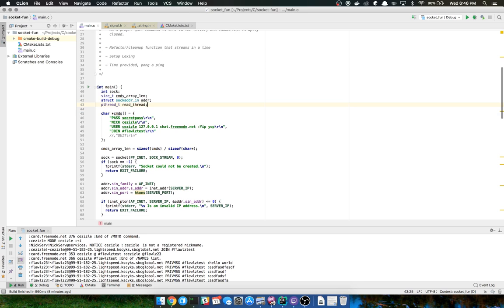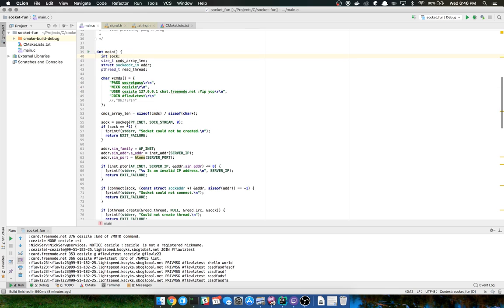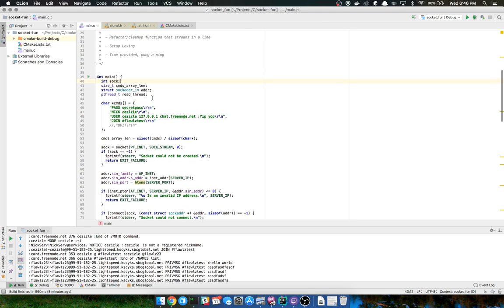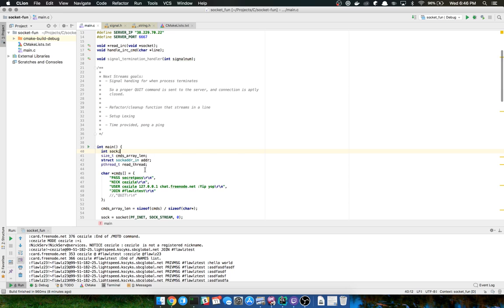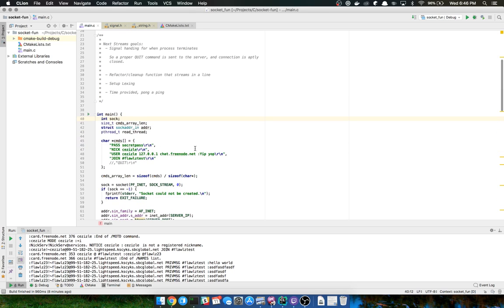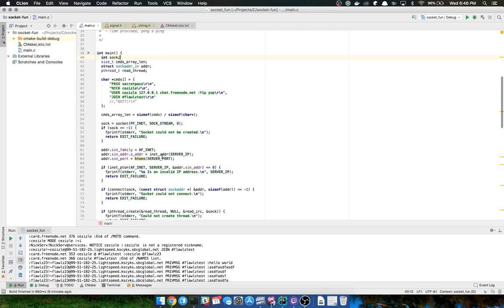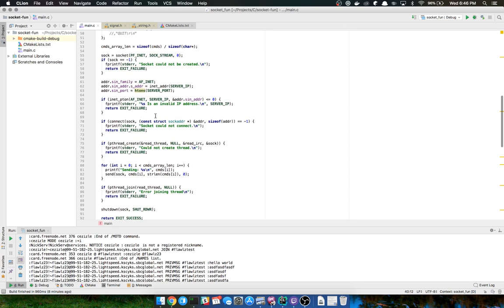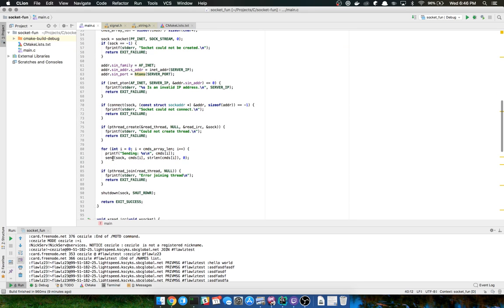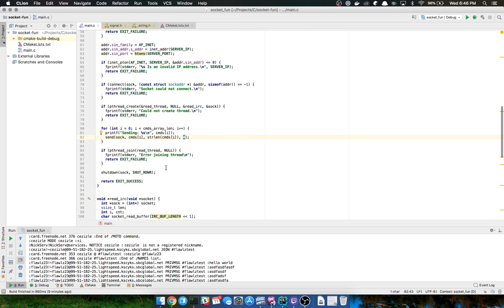The problem is that since this is the main thread, I mean, I guess it's not really a problem. I could make it shared amongst both threads. That could be fine, but I don't like to introduce global variables if I can avoid it. But that might have to be the solution here, unfortunately, because in order to send on a socket, we have to know what socket we're sending it to, an actual string for the command, and then the length of the string for the command. I'd have to look at that later, what that 0 means.